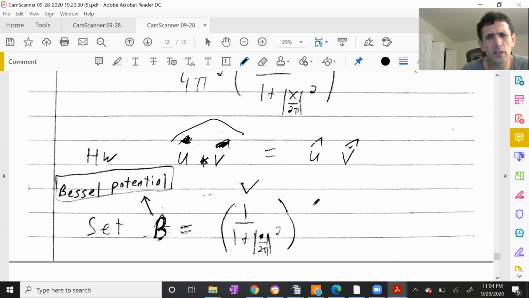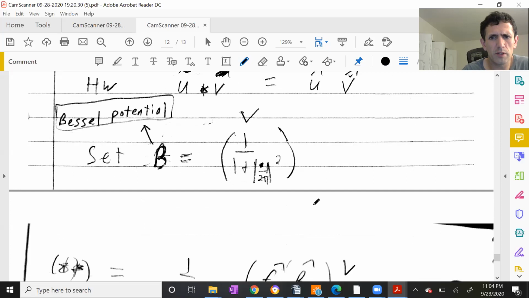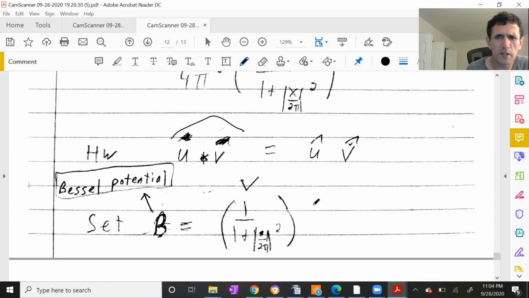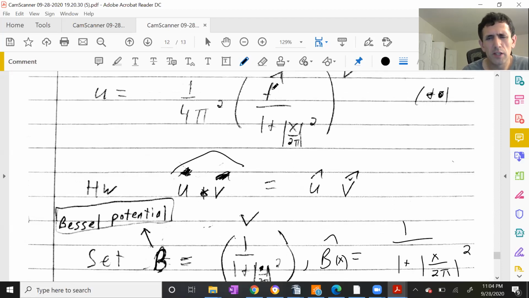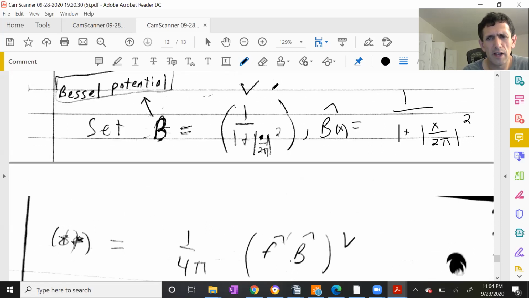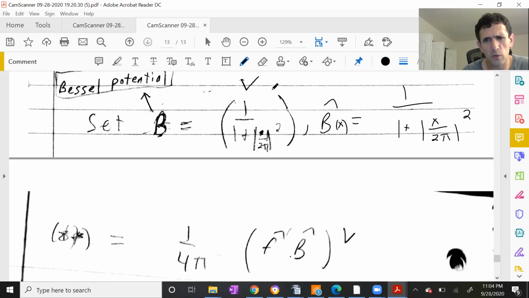So the point here is that the Fourier transform is going to be 1 over this function exactly that we want here. So this is really f hat times b hat, inverse Fourier transform,